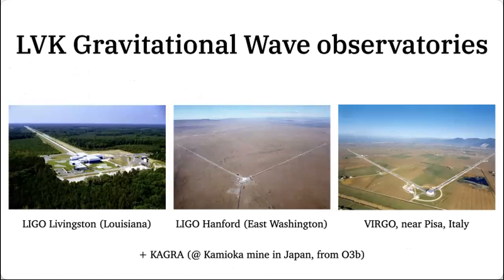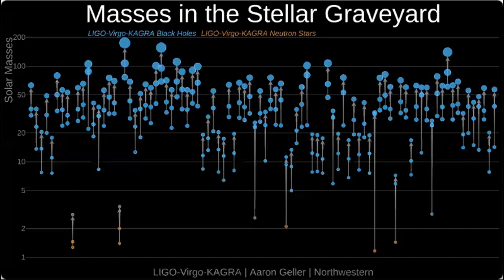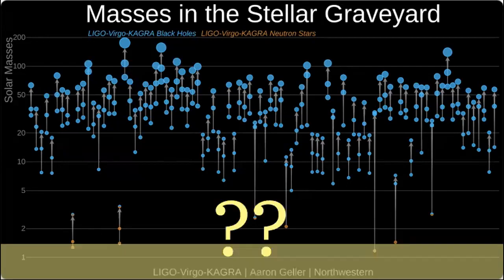Okay, so this LVK consortium has announced the complete list of compact objects in their O3b run, and those are the distribution of the black hole binaries, or the neutron star binaries, as a function of time, from the earliest on the left to the later events on the right. There are so many events, but one thing you can notice is that there are no events less than this bar. This bar I plotted around 1.4 solar mass. That's called the Chandrasekhar mass.